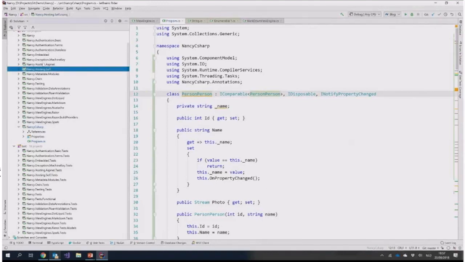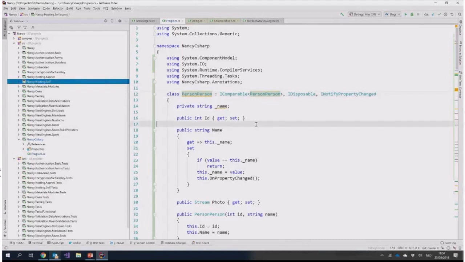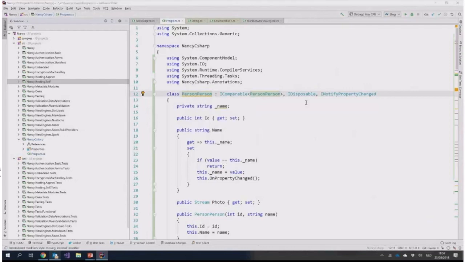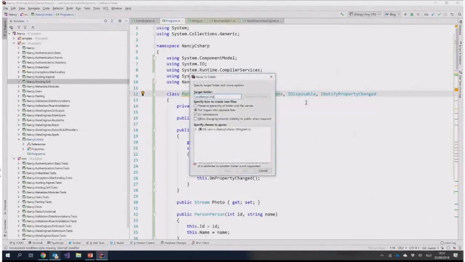Now, one of the really cool refactorings is the move to project refactoring. So if I do Control-Shift-R, imagine I want to move this person class to somewhere else in my solution, to a different project. Very often that would mean copy-pasting the class there, adjusting the namespace, maybe adding 5 new project references because the thing is now in a different location and so on. So I like this refactoring where I can say move to folder, and I can just select an entirely different project, say for example